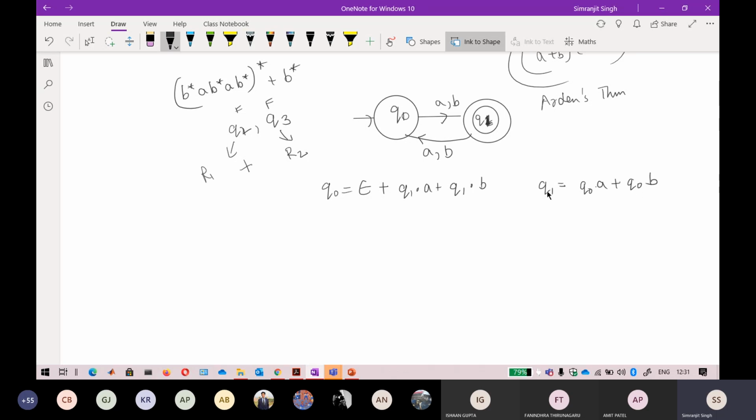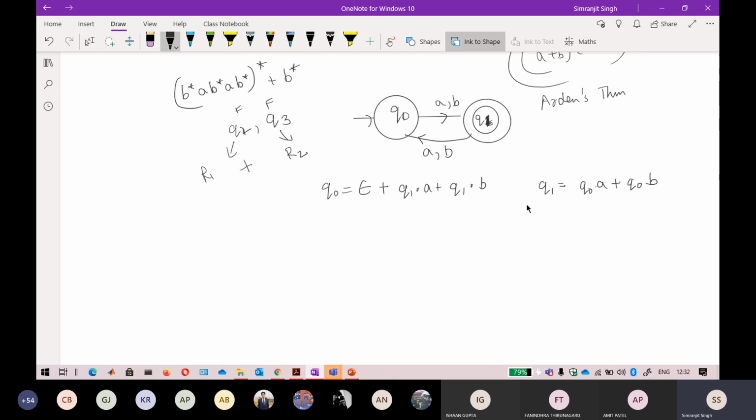Okay, so now see if you can apply Arden's method here. There I cannot apply Arden's method because there is q naught and q naught. So if this is q1, at least q1 is needed here, but there is also q naught. We cannot apply Arden's method here either. Okay, so I think that is a unique situation.